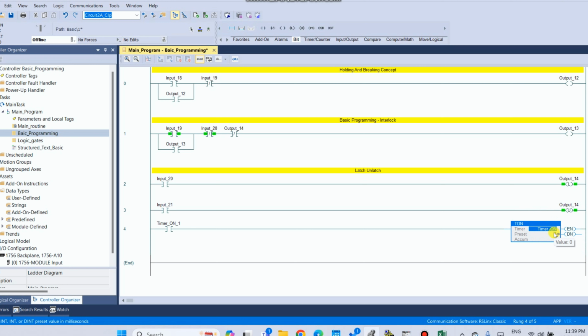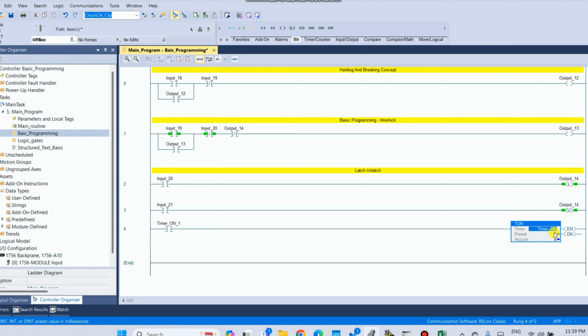So first is the enable bool tag, EN. This bit is true whenever the timer instruction is active, no matter how much time has elapsed. And second is the timer timing bit, or we can say TT bit. This bit is true when the timer is actively performing the timing operation.